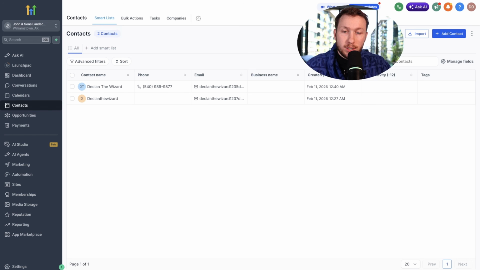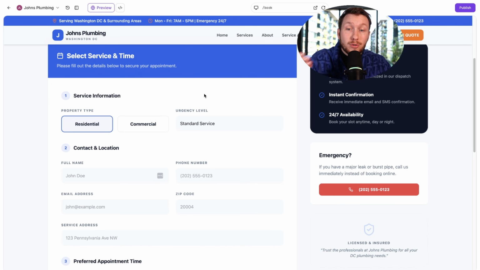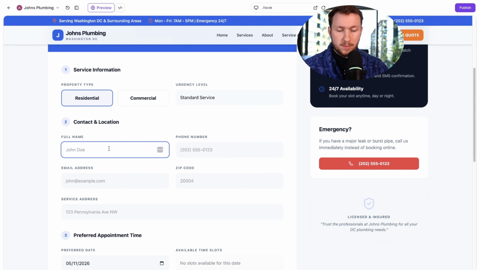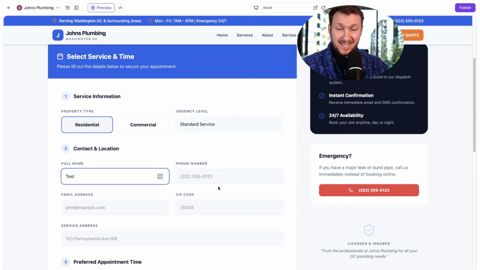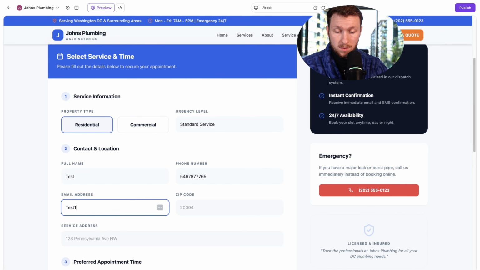Let's walk through. What we're going to do is come into contacts, same sub account, to see if this pre-populates and it goes through. Again, you have to test your vibe coded sites, make sure they're connected, or this whole thing doesn't work. A lot of people just throw this in, look, it didn't work. It's like, well, you didn't do it properly. So let's try this. We're just going to do test.